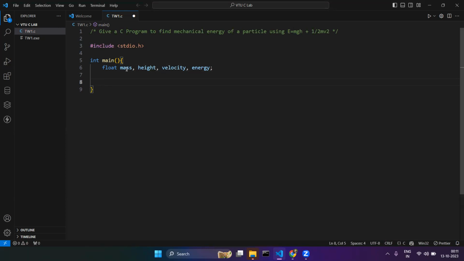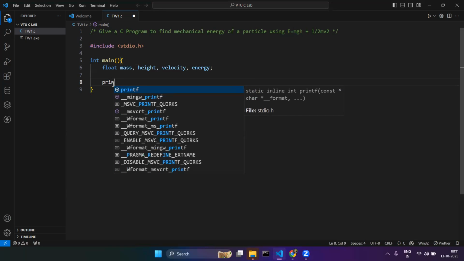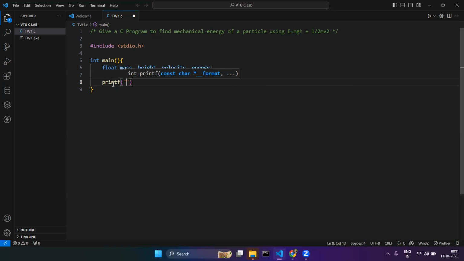We are having all of these as float because they can be fractions, floating point numbers. To avoid any data loss by using integer variables, it is better to use float. Then we will take all these inputs by prompting a message to the user saying enter the values. We will say enter the mass,